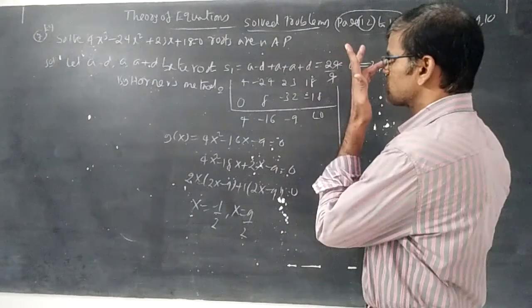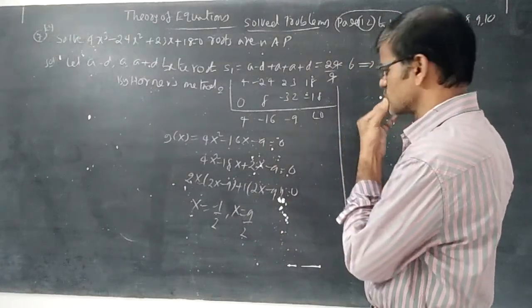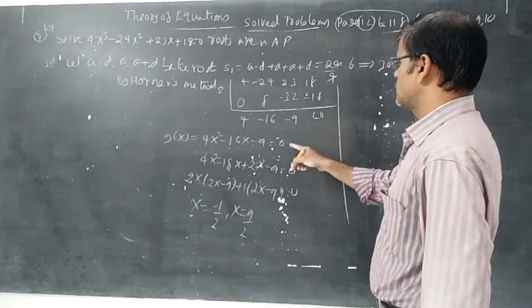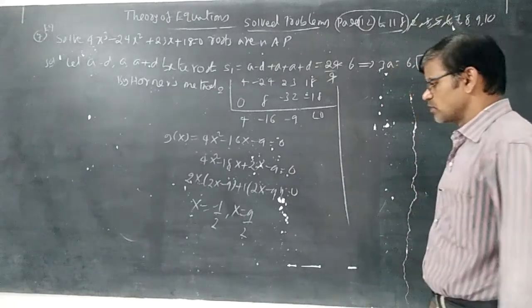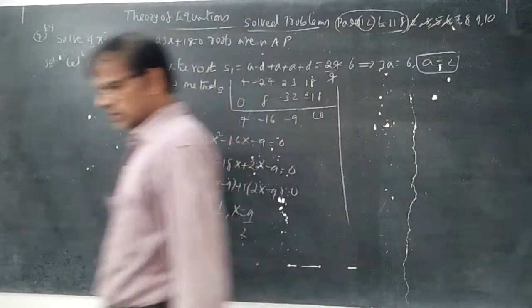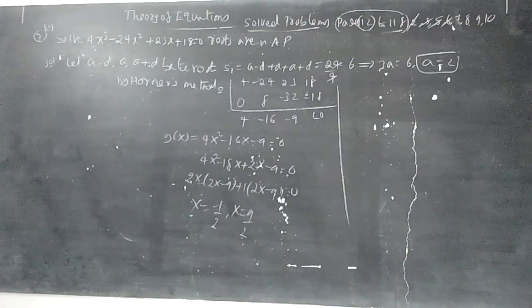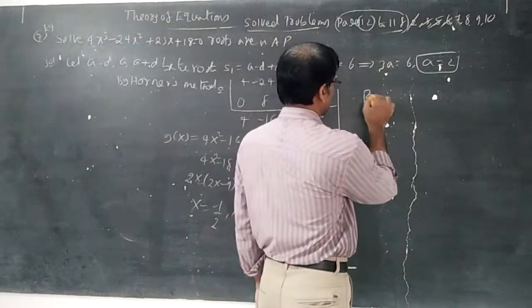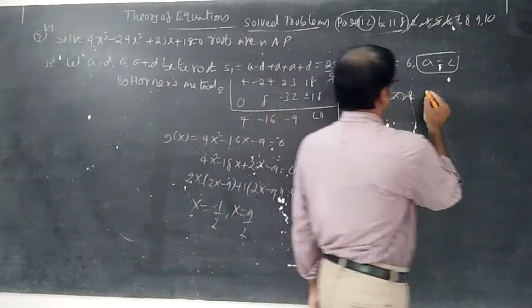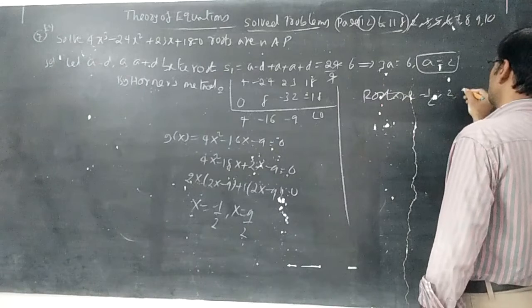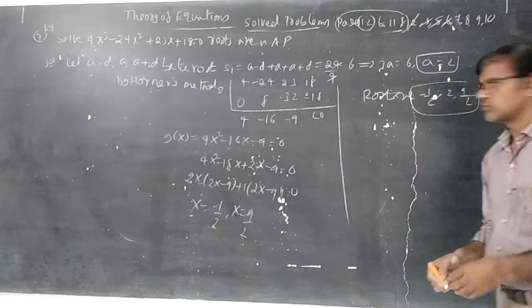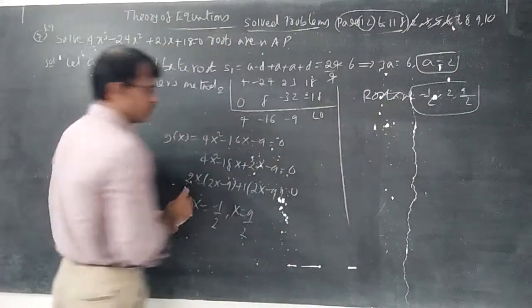Here maybe a minus b, another 2 roots we got. If a is equal to 2 we got. Other roots are minus 1 by 2, 9 by 2 directly we can write. Both roots we got for the 7th equation, minus 1 by 2 comma 9 by 2 and 2. Therefore, roots are minus 1 by 2 comma 2 comma 9 by 2. 2 plus 4 by 2 and 9 minus 2, maybe 5 by 2 is the common difference.